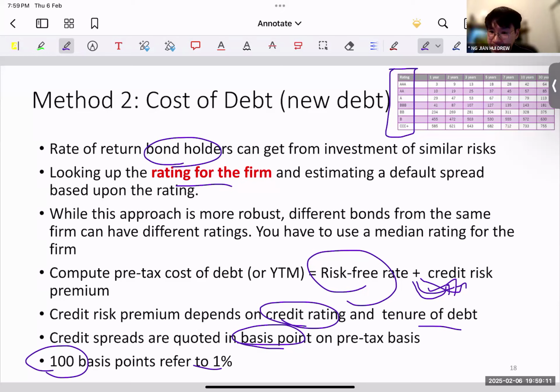Yes, so I'm seeing what you're trying to say, that you need to add in an additional country risk premium, right? Is that your question? That we need to add this because it is Indian debt, that's why we need to consider country risk premium. Yes. So 10 year, yeah, you can use. So what I'm saying is, you use the risk free, plus the default risk, plus country risk. So three components. Yes, you can do that.